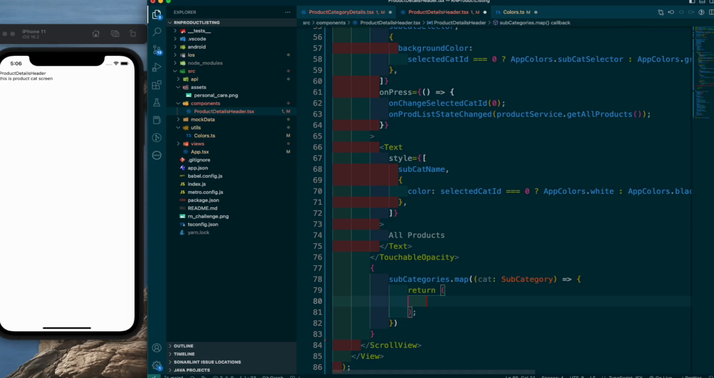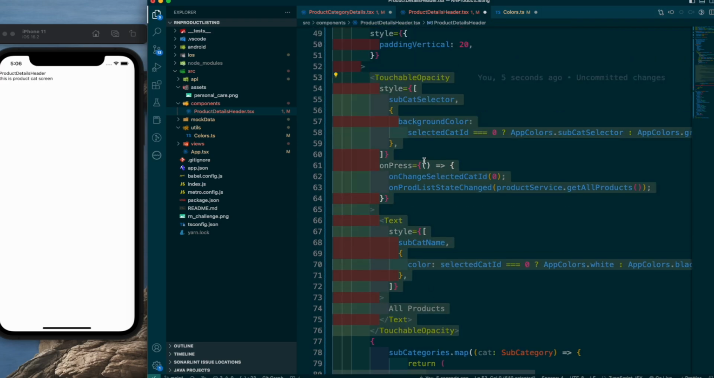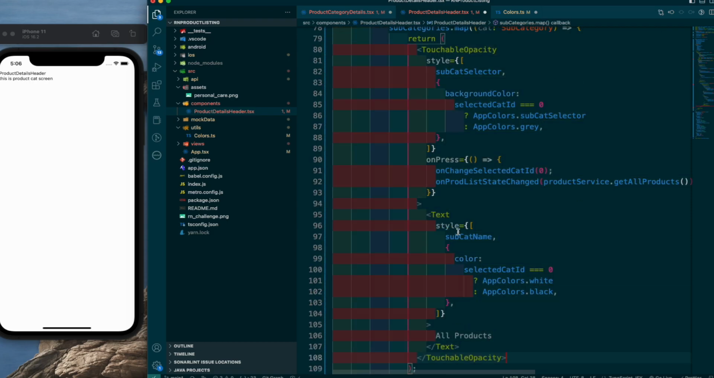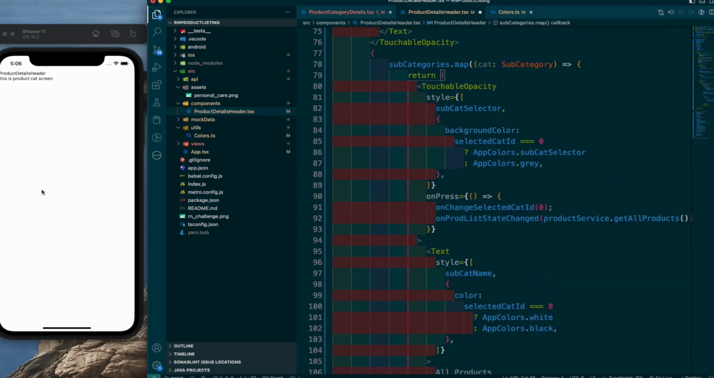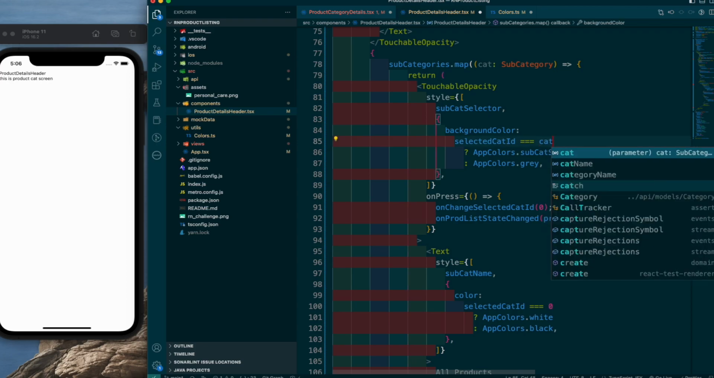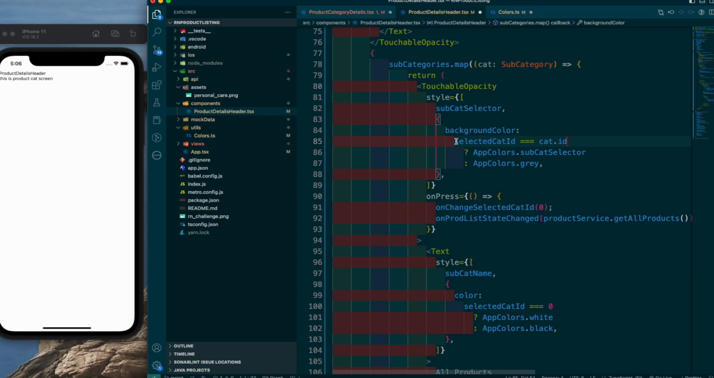So what we are going to do is select or copy our above touchable opacity, because we need the same, and we will paste it down here. Now what we are going to do is, instead of 0, we will say cat.id. If it is the selected category ID, then we will display the blue color, otherwise gray color. And here we will say onChangeSelectedCategoryID, we will just pass in cat.id, like so. And we will also need getProductList